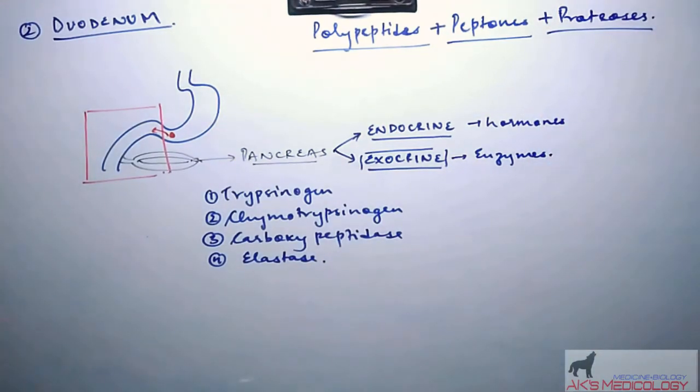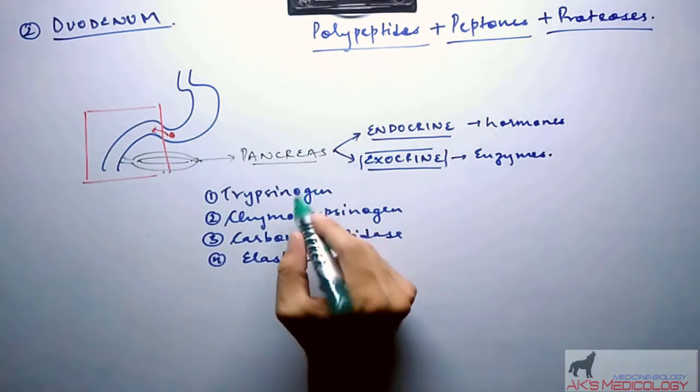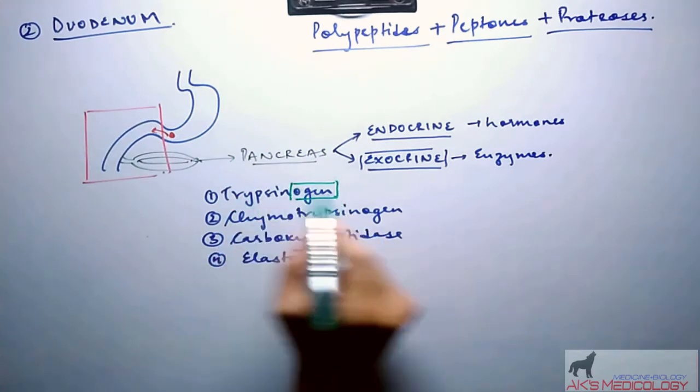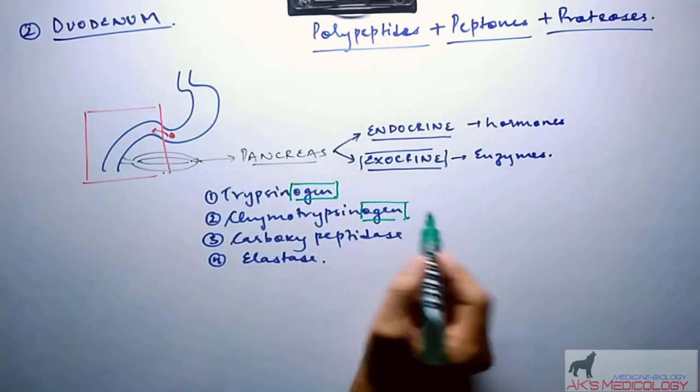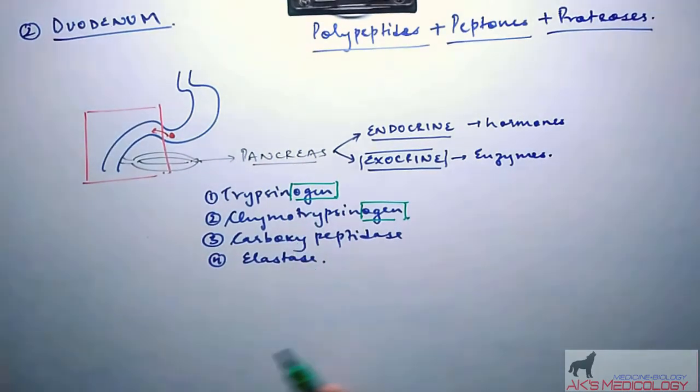Now, as we remember again, the ogen suffix, whenever added, renders the enzyme inactive. So trypsinogen and chymotrypsinogen both are inactive enzymes and need to be activated before they can act upon the proteins. So for the activation of pancreatic protein enzymes, there runs a cascade mechanism, that is, activation of one enzyme leads to the activation of another enzyme, or in other words, the activated product of one enzyme leads to the activation of another enzyme. Let us understand.